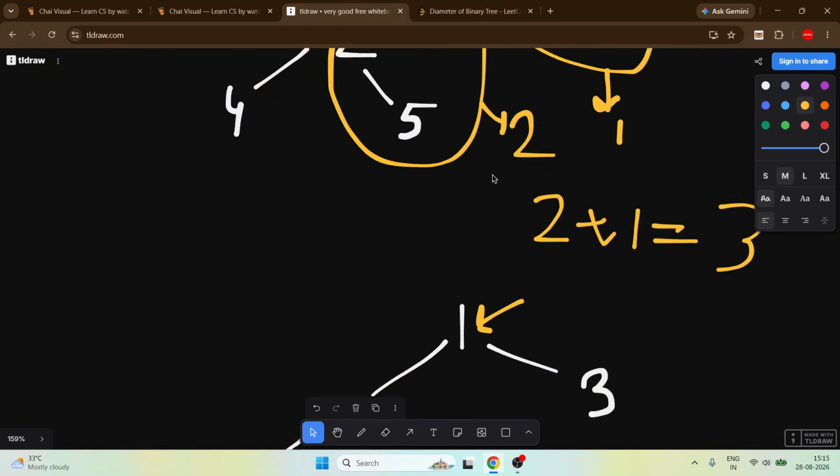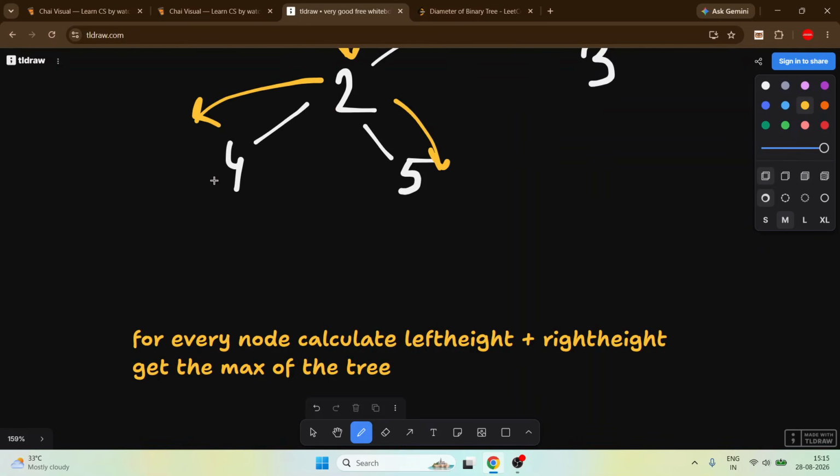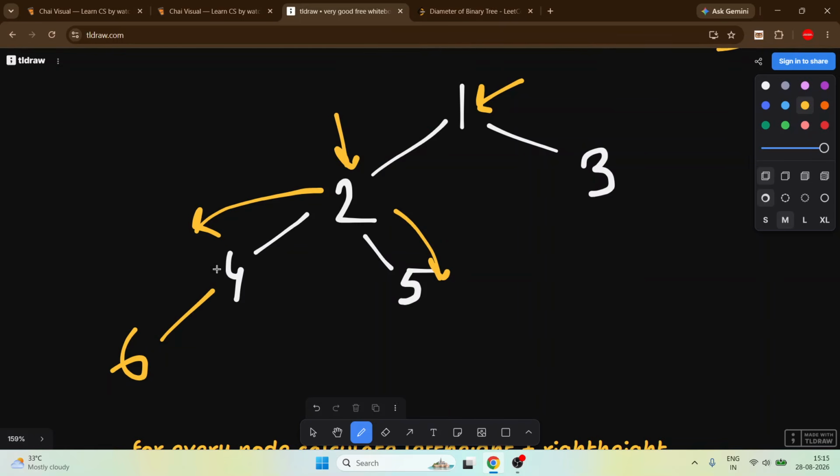Suppose in this 2 it goes to this 4, it goes to this 5, which is maximum. If here it is 6, then this 5 is not of any value for this 2, because this 5 only gives a height of 1 from this 2.